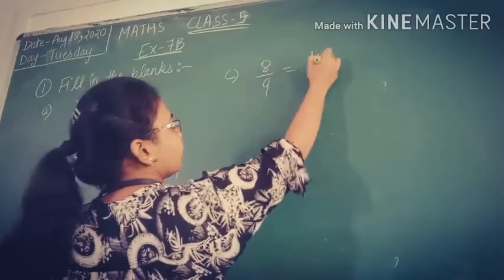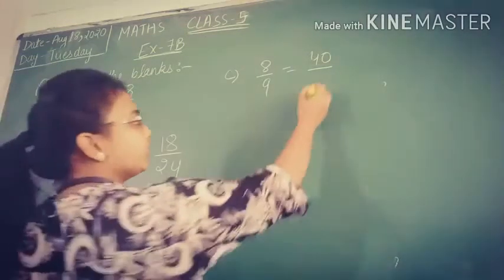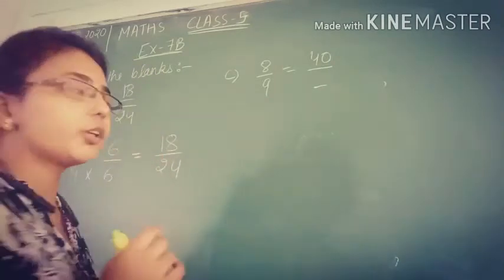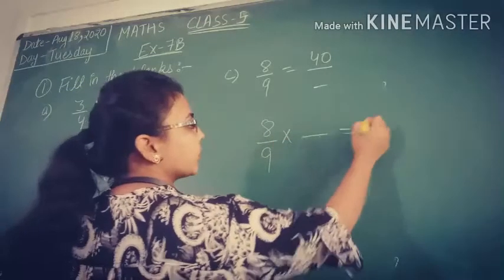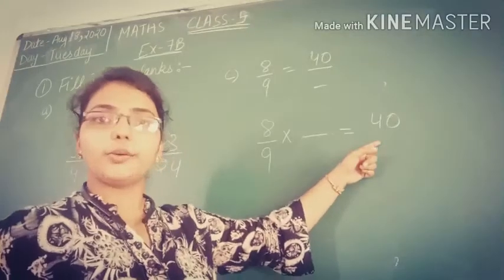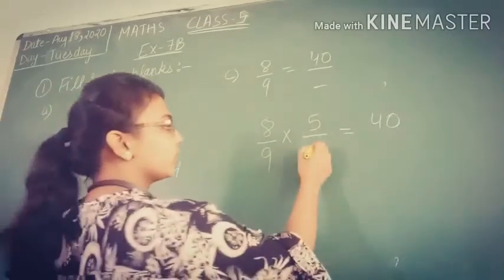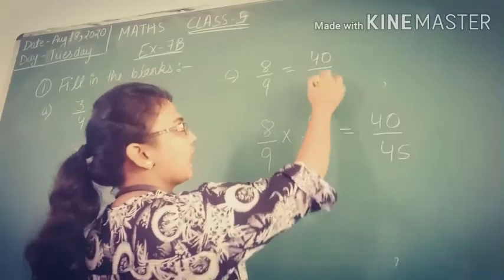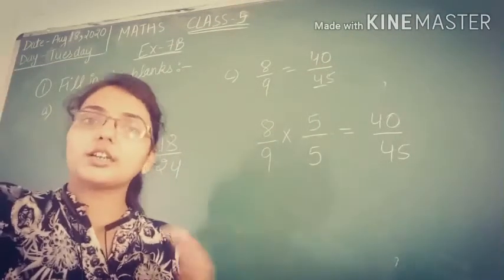8/9 is equal to 40 divided by dash. So here only the numerator is given and in the denominator you have to find the value. Just write the fraction and work out what we should multiply 8 by so that we get 40 in the numerator. So we will multiply it with 5. With the same number we will multiply the denominator. So what should you get? 9 5s are 45. So what should come in this blank? 45 will come in this blank. In the same manner you can do all the other parts of this question.